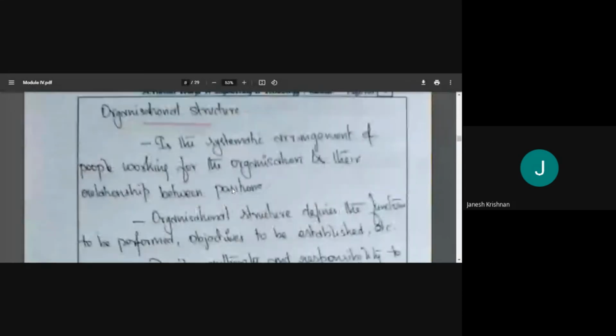Now, what is the organization structure? The organization structure means a systematic arrangement of people working for the organization and the relationship between their positions. So in a tech arts, first we have different departments, right? We have the stage, the on stage, the off stage, like that. Now we need to know who is answerable to whom. For instance, you can take the project. In the project group,